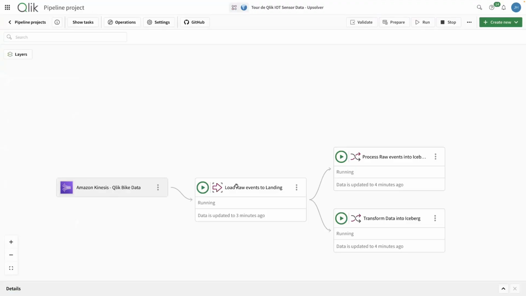One approach is that we brought in raw data from Kinesis, we loaded data into landing, and that could effectively serve as our bronze layer, right? Now, this is just raw data. It's exactly as it came from the source, and it's processed into that landing zone. We then decided to apply transformations to that data so that once that data lands in Iceberg, it's of higher quality. I often will call those inline transformations.